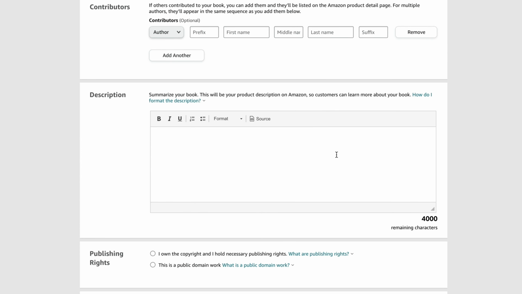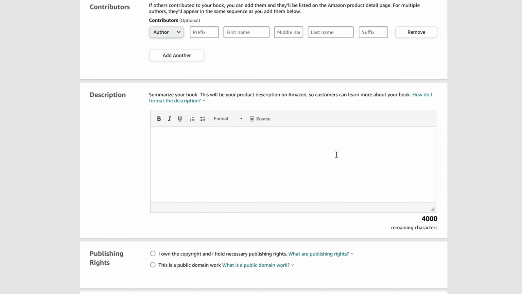Moving on, we will choose the "I own the copyright" option, and now we come to the most critical part of publishing your ebook, the keywords. Selecting the right keywords can bring you greater search volume, and possibly help rank your book higher in search results. It's essential to fill in all 7 keywords if possible. I will present 2 methods for selecting keywords.